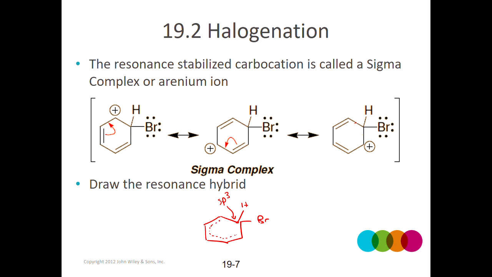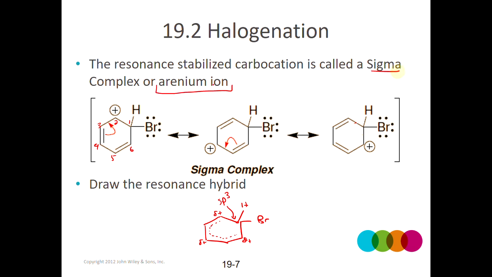of the ring. And since the positive charge is on carbon 2, 4, and 6, those would be the carbons that would share that partial positive. So this would be the hybrid. It doesn't look bad. It lost the aromaticity of the ring because the ring is no longer fully conjugated all the way around. So it's pretty unstable compared to what it was initially when it was aromatic. But it's not nearly as unstable as a lot of carbocations because at least the carbocation is stabilized over 3 carbons through resonance. So that can form, that's called an arenium ion,